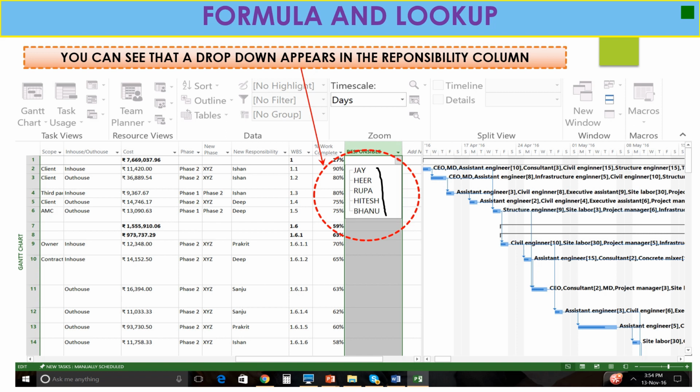Now you can see that all the responsible persons entered appear in the responsible column. Likewise you can add whatever team members are responsible for that particular activity, and assign that activity to Jai here or any kind of person.